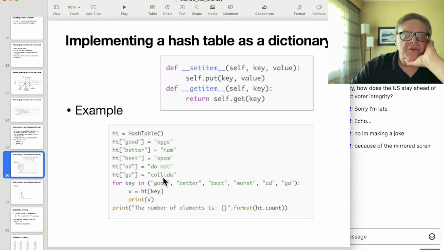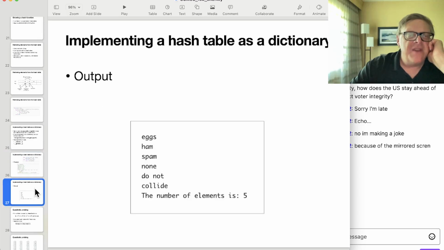Eggs, ham, spam do not collide. Here's a bunch of them going, AD and go. And for each key, we calculate the hash table and print the value. So let's see what we get. Here's the output. So here's the